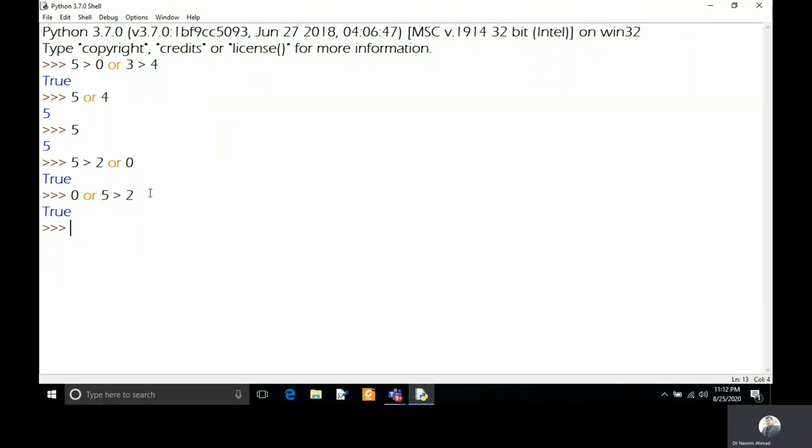Let's see how we can use logical NOT. In the slide we have discussed that logical NOT reverses the obtained result. It returns true if the obtained result is false, and it returns false if the obtained result is true. So you can see here NOT, this is the keyword that we use for the logical NOT. If you keep the true value here, then it will return false, and if you keep false, then it will return true.